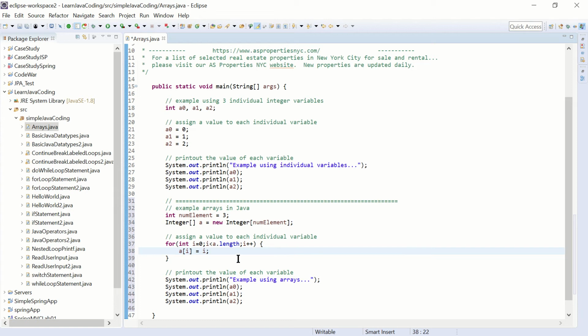So let's take a look. I start out with I equals 0, and then I'm gonna put the value of I, which is 0, into the element A0. So this array has 3 elements, these are the elements of the array. There's gonna be A0, A1, and